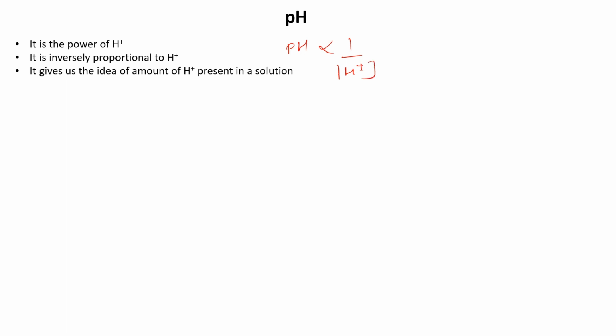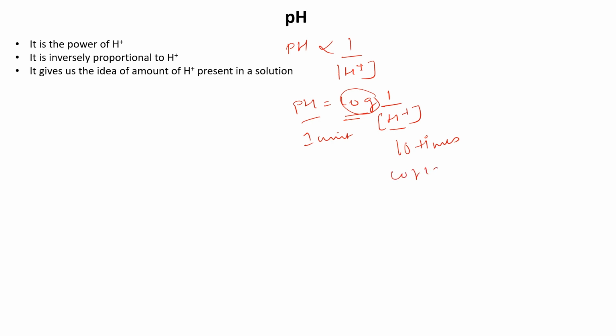Right? If you remove the proportional sign, then it will become pH is equal to log of 1 upon H plus. So that means the relation between pH and H plus is an inverse relation, inverse proportionality, related logarithmically. That means if we increase the H plus, the pH will decrease because it is inversely proportional. But how will it decrease? It will decrease logarithmically. That means if we increase the concentration of H plus 10 times, the pH will decrease by 1 unit